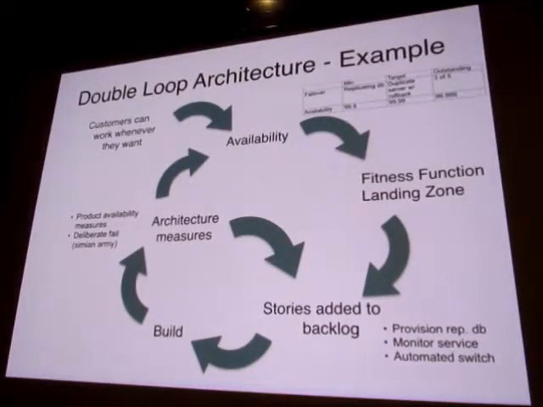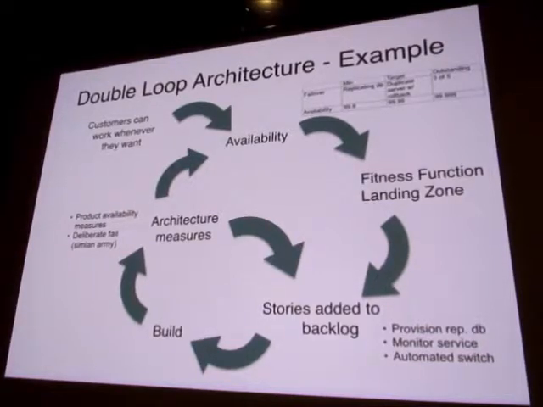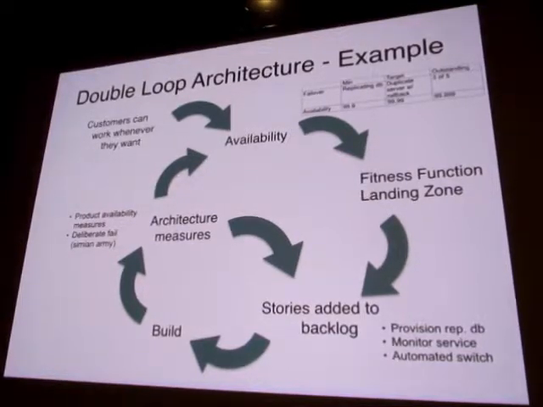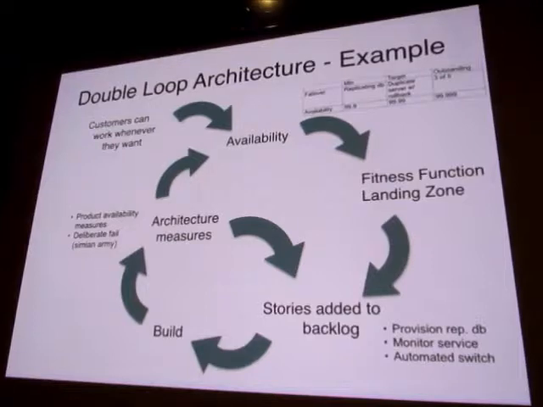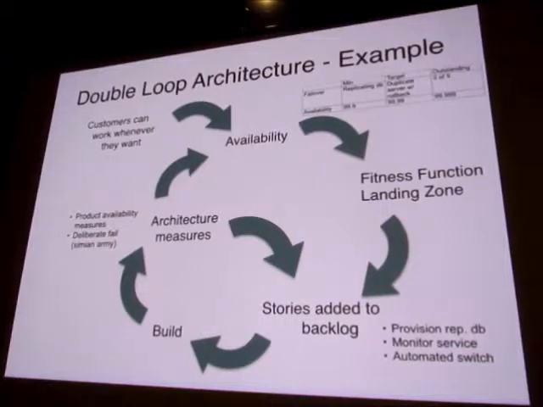Does that make sense? And I realize I'm sort of skating over a lot of these things. What if some other parts of the system affect the availability? Yeah? I mean, here for the stories you have provision, monitor, service, but let's say you made a bad decision in the core of the system that affects this, how do you capture that?